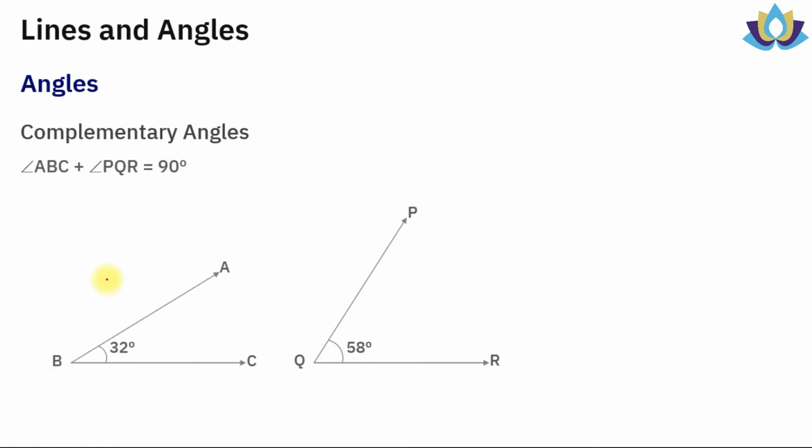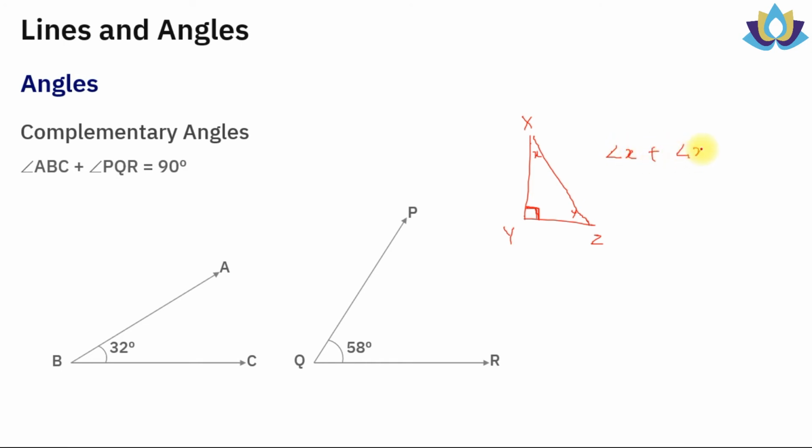If it is 180, we call it supplementary. If it is 90, we call it complementary angles. I'll give one more typical example that you will see in different questions as well. If this is a triangle, a right angle triangle XYZ, we all know this is already 90 degrees. So angle X and angle Z, if you add them,